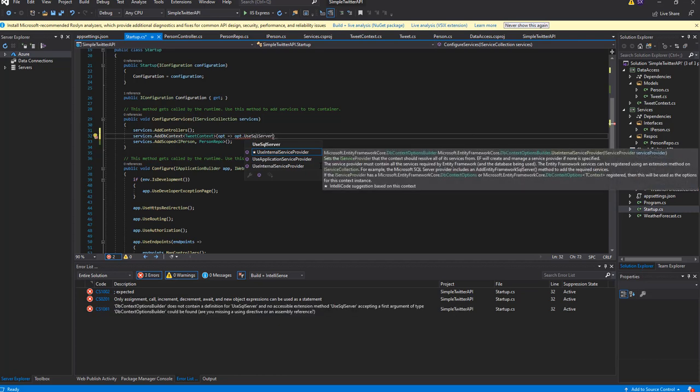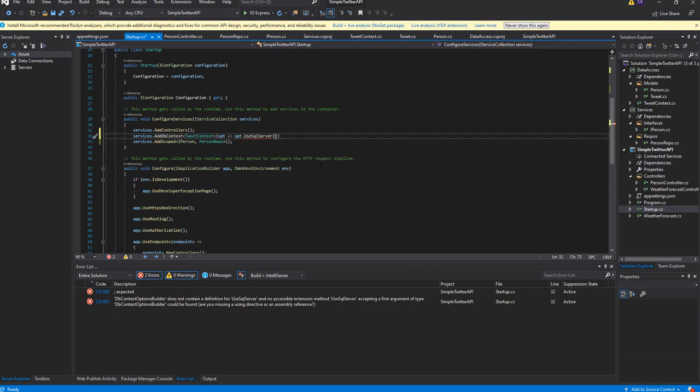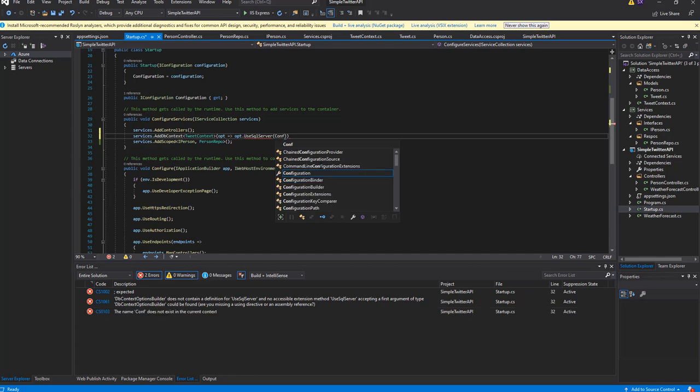We need to use SQL Server, and we need to pass the configurations. So we need to say con